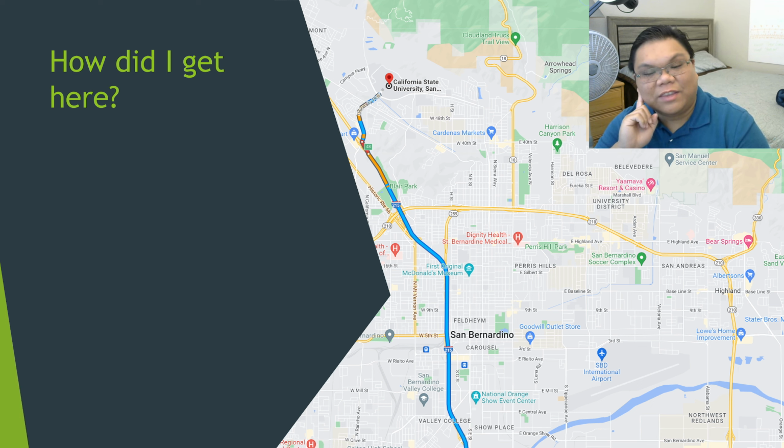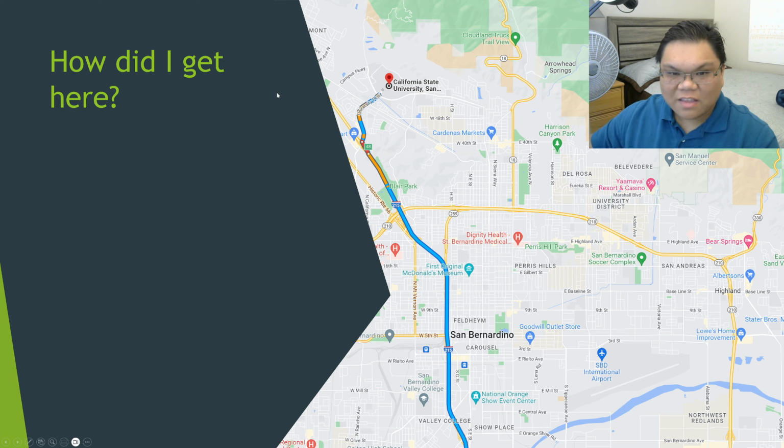Sometimes I wonder what it would take to have a physical rail connection between San Bernardino downtown to CSUSB. That would be really neat, but at the same time, where do you put it? But anyway,